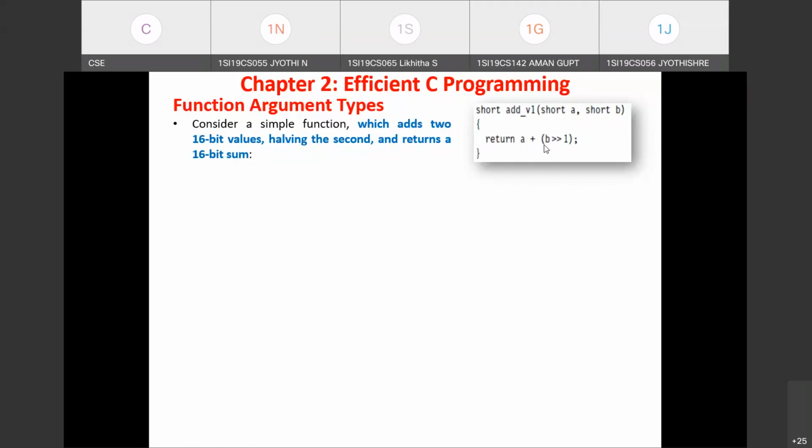So the question is whether the compiler should assume that the 32-bit values held in the registers are in the 16-bit range, that is, minus 32,768 to plus 32,767. Or should the compiler force the value held in the register into the short range, the signed 16-bit range?